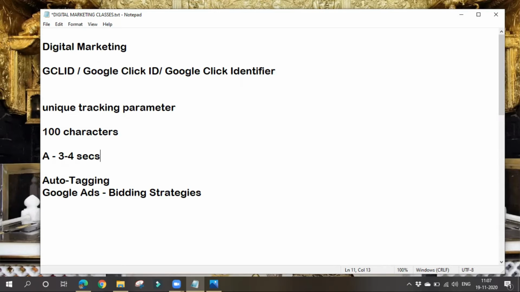With the help of this Google Click ID, we can know what things are happening after people click on our ad, and what they are doing on our website. We can also track offline conversions. For example, let's consider A. He has seen our ad, came to our website, and filled our form.